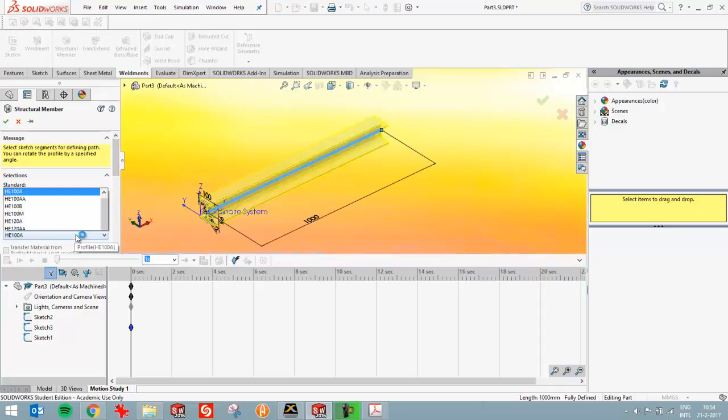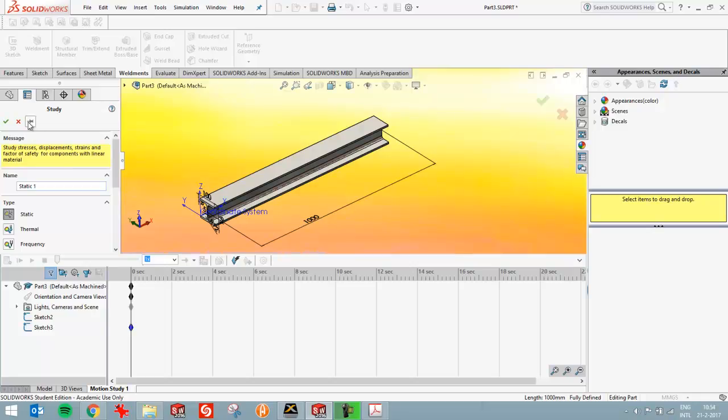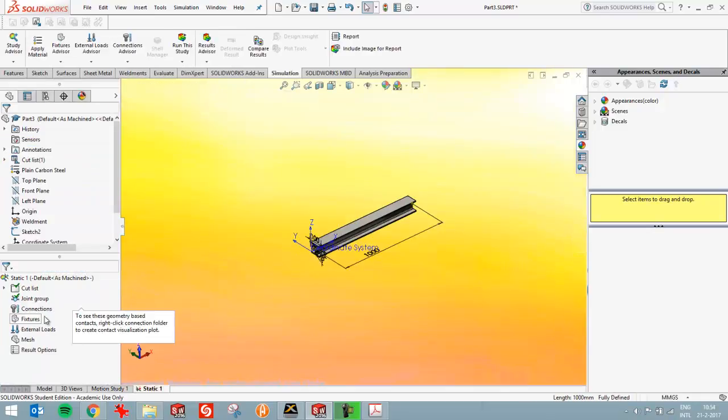If you don't see it over here, this many profiles, you should download them with help of the internet. Search on Google for download weldment profiles SolidWorks and you'll find how to do that. And now I'm ready to go to a new simulation study, and I'm gonna fix here the left side of the part,